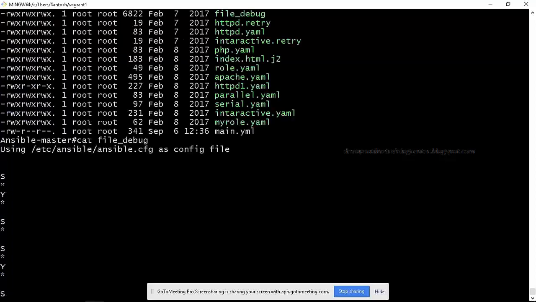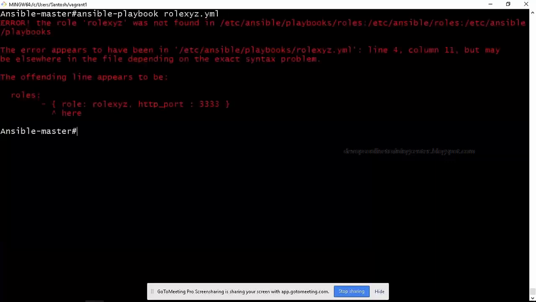One is the vars directory, one is the defaults directory, and the other is the playbook. Now let us execute and see where it will pick up. Role XYZ or not. Oh, sorry, I think it's role 1, 2, 3. Okay, role 1, 2, 3. Yeah, right.